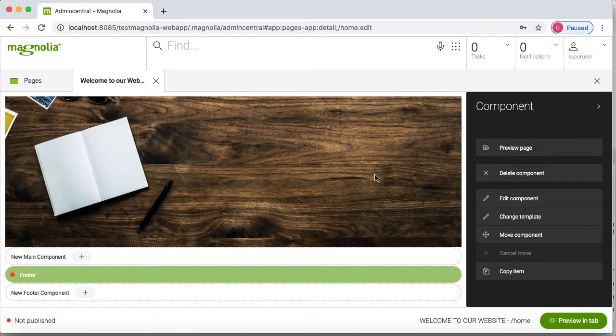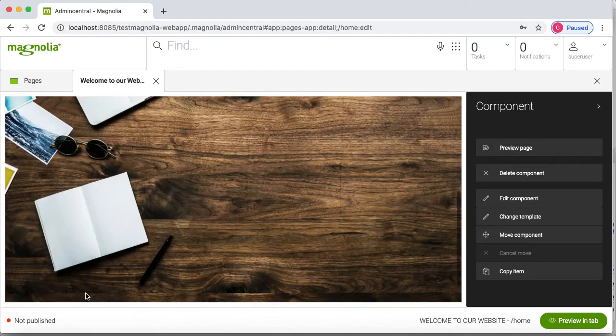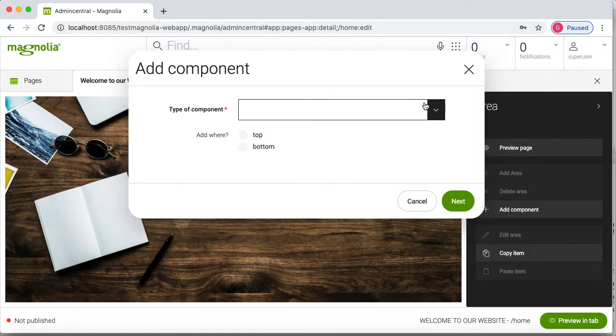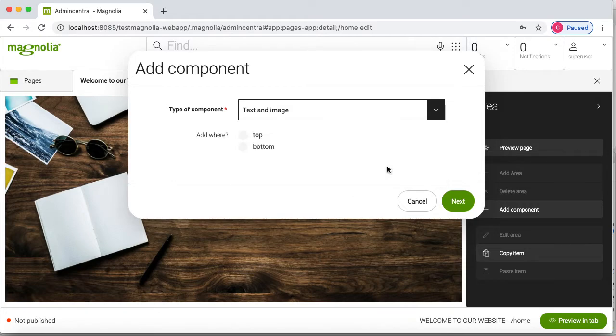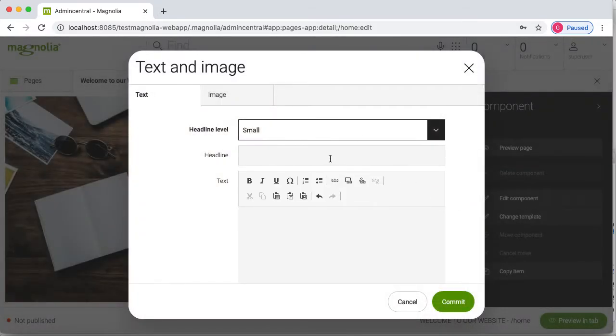This is one thing, and the second and last thing, I will create a footer. I will again use text and image, and then I will use the bottom location. I will not put anything in the headline.